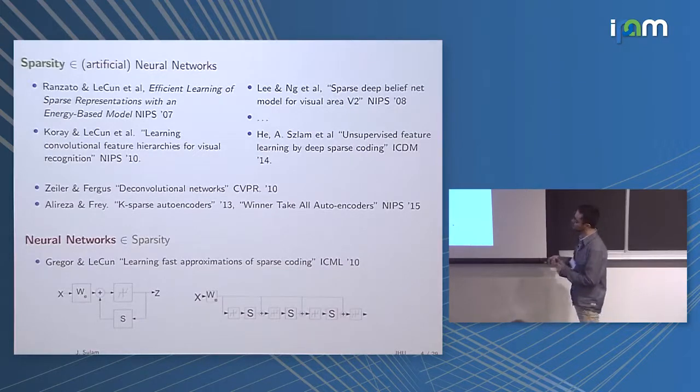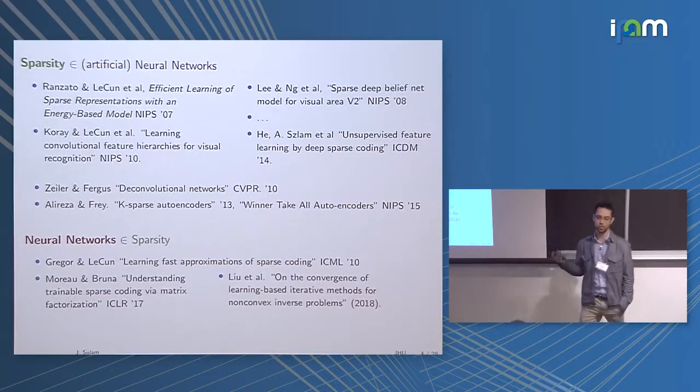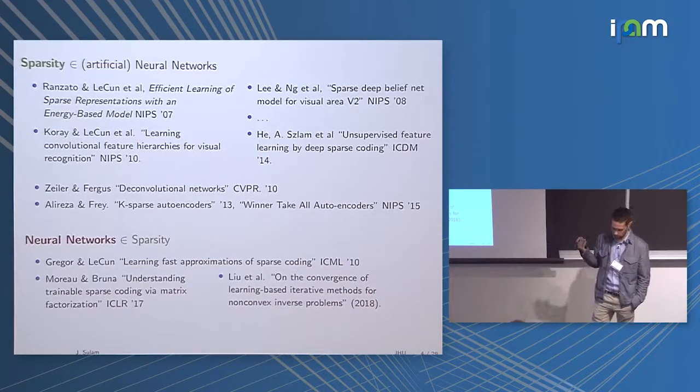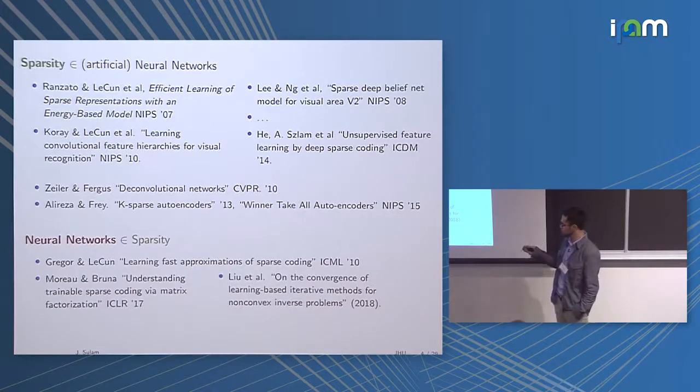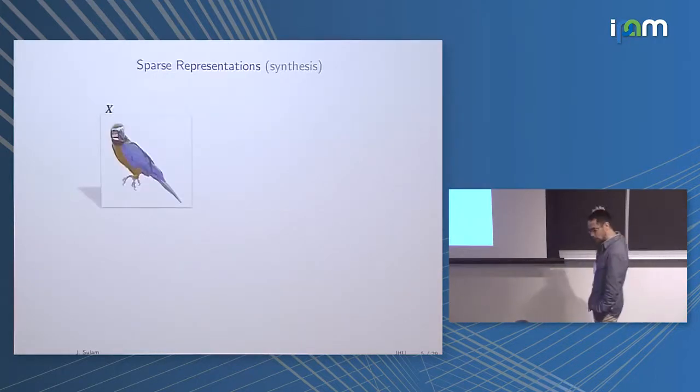And this went somewhat unnoticed in the beginning, but it has been receiving a lot of attention now from the ML community, basically to try to understand how, why, and when supervised learning can actually aid these sort of sparse recovery algorithms. So what is this whole idea of sparse modeling?